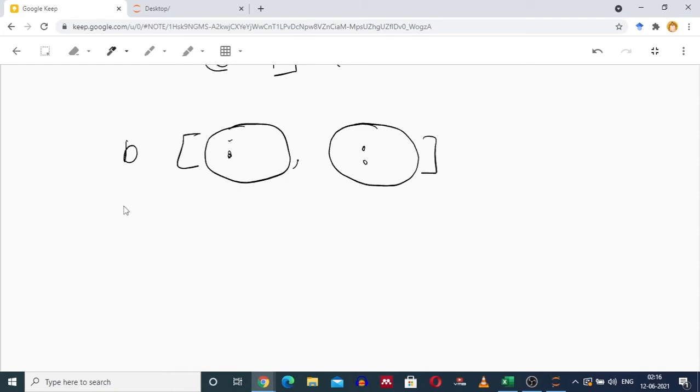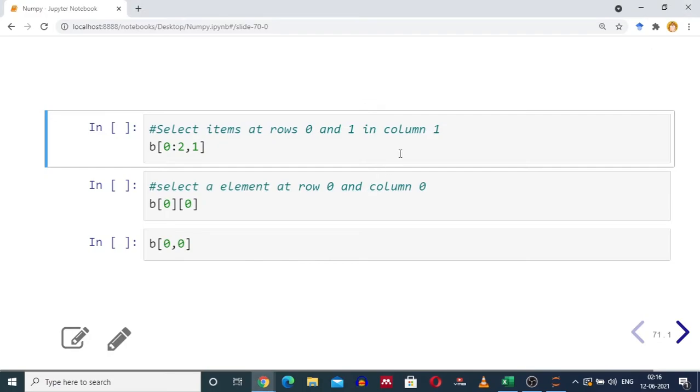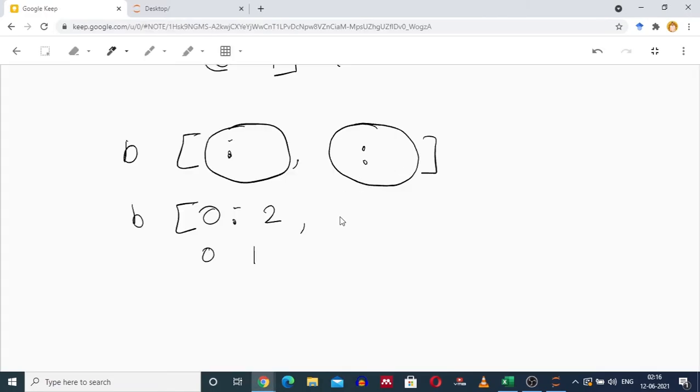So you want rows 0 and 1, so you will start with 0 and you will run till 2. This will result in 0 and 1, 0 inclusive, 2 exclusive. So 0, 2, 2 minus 1, 0 and 1. And you want only one column. So directly you give the index of the column. So here you will write 1.